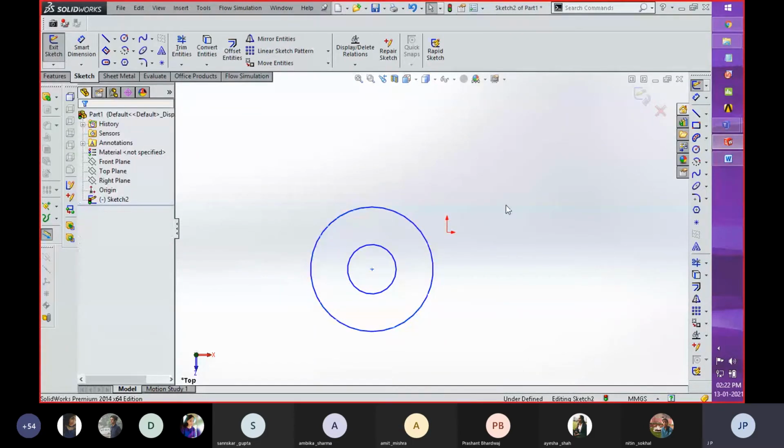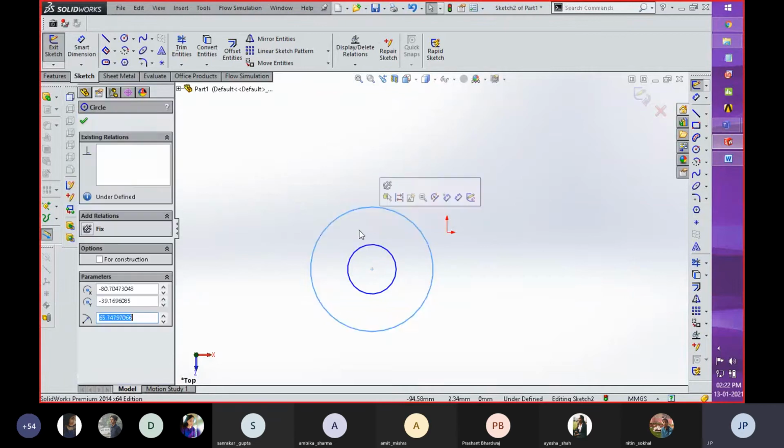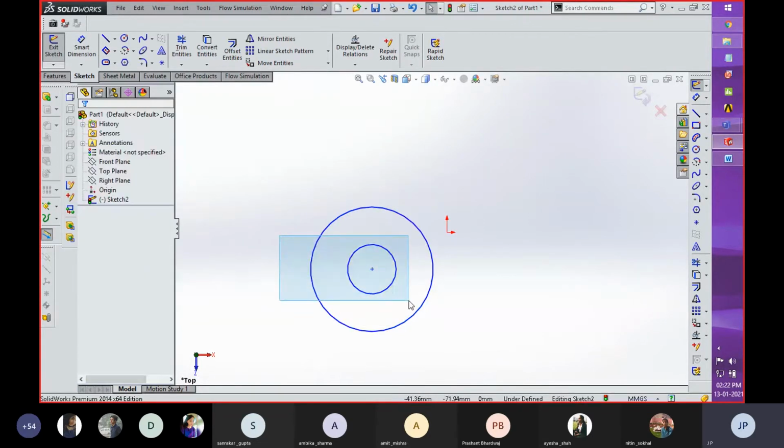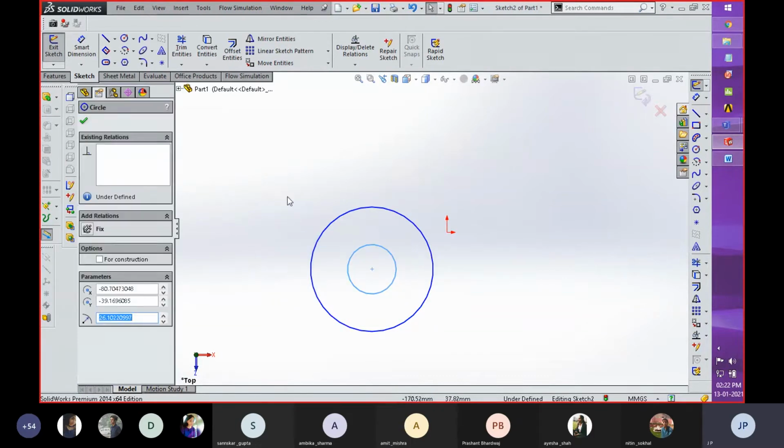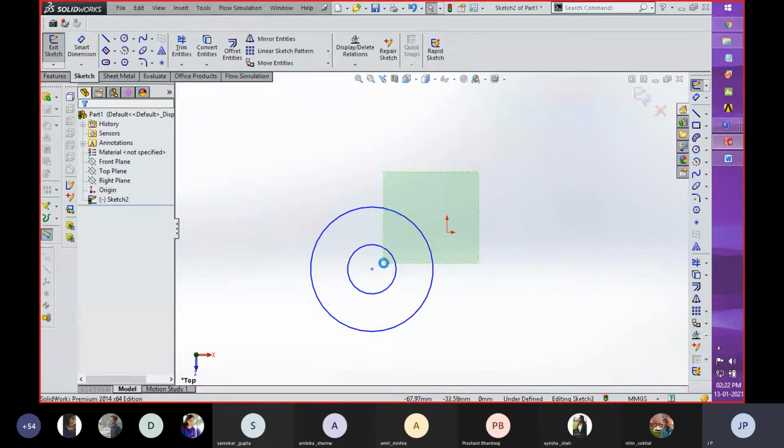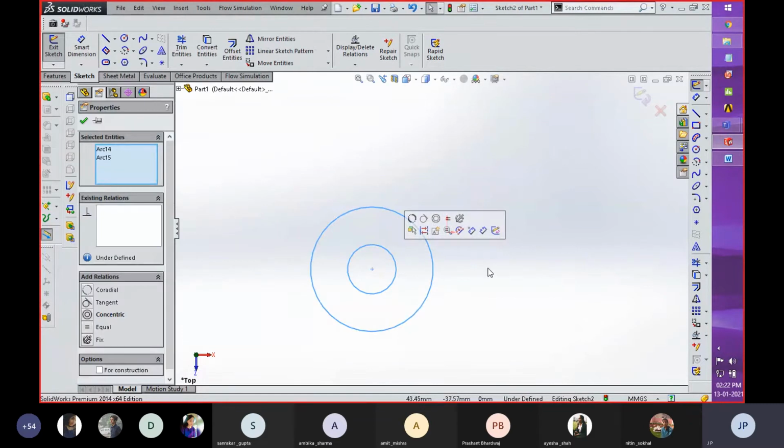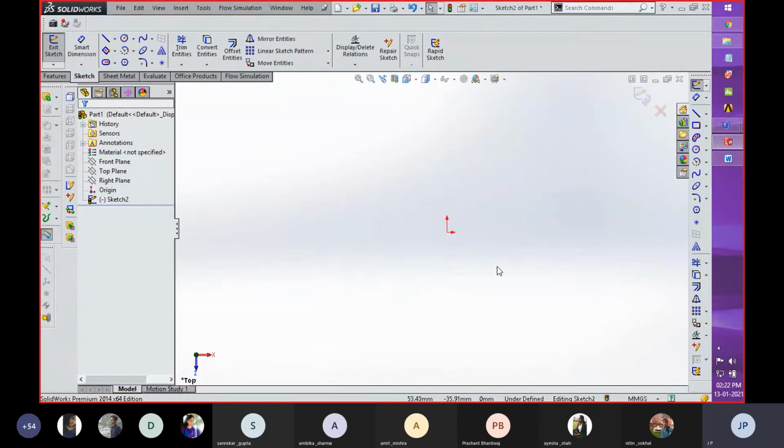Now you can see the difference: whenever we create a window from right to left, if any part of that sketch comes in contact with the window, it is selected completely. For selecting an inner component, you have to create a window from right to left, and the component should come in contact with that window. So with the help of this, you can delete any component or select any component for doing other tasks with respect to the sketch toolbar.